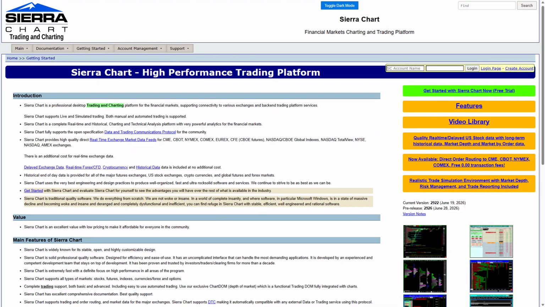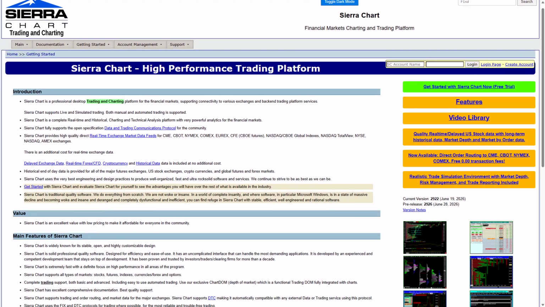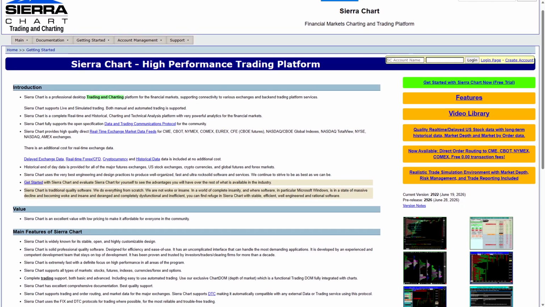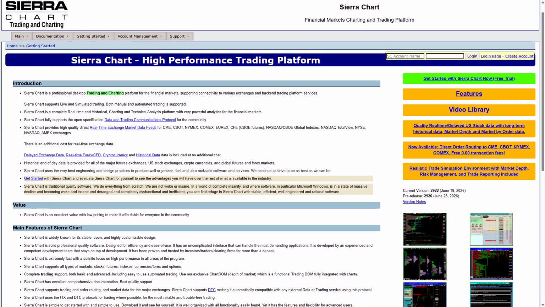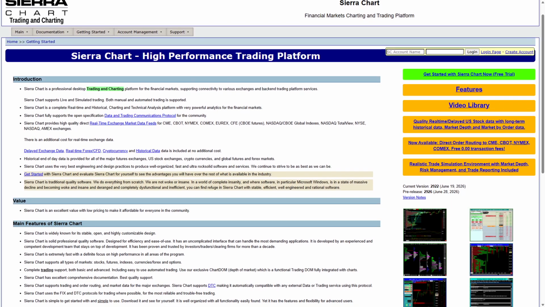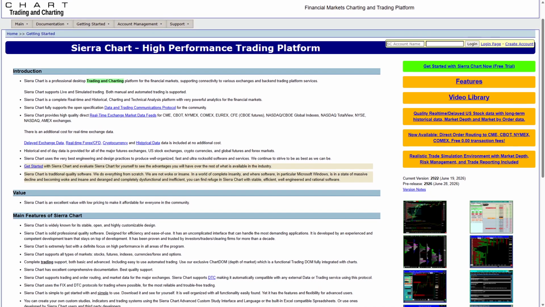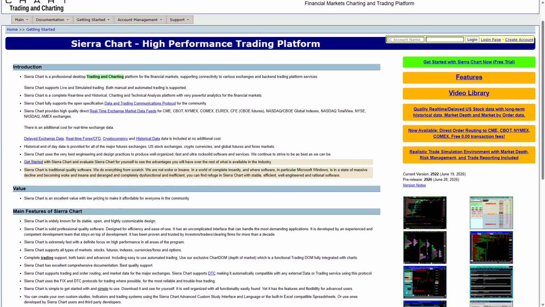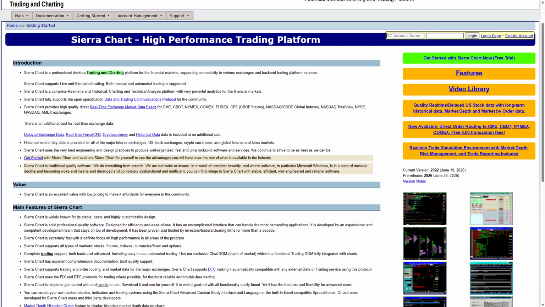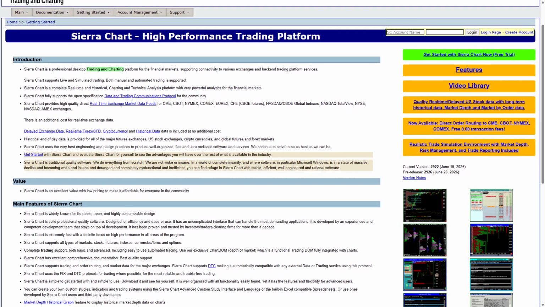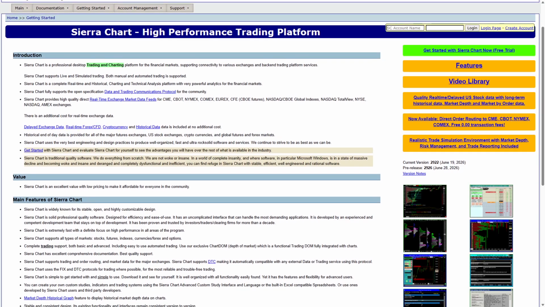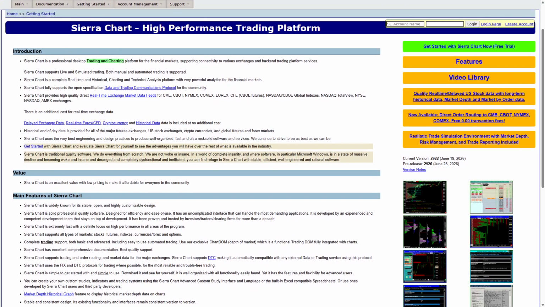Sierra Chart is a professional-grade trading platform designed for serious traders who demand precise control over charting and data analysis. It supports extensive technical indicators, customizable charting tools, and direct market access through multiple brokers. The platform works by integrating real-time market data with a highly configurable interface, allowing traders to tailor every aspect to